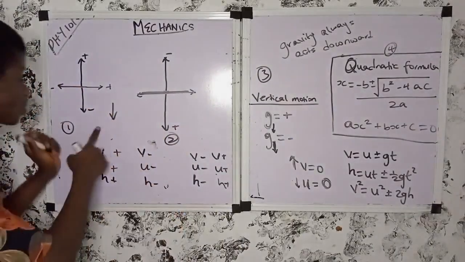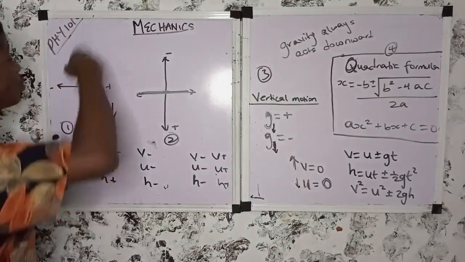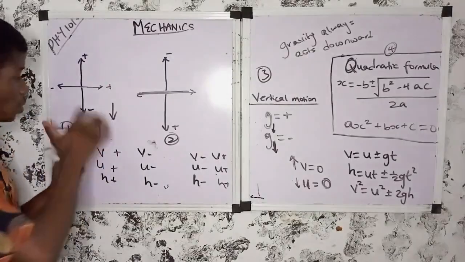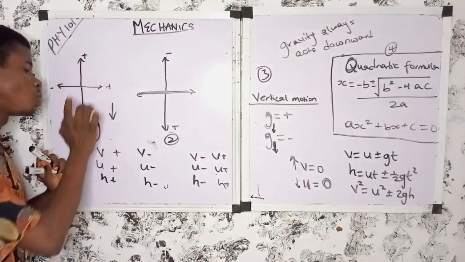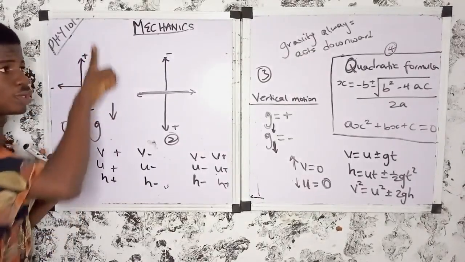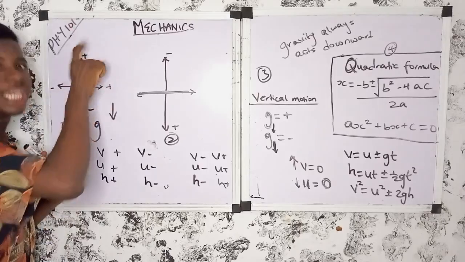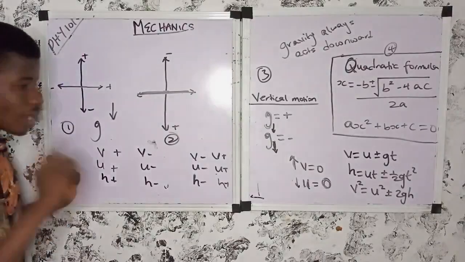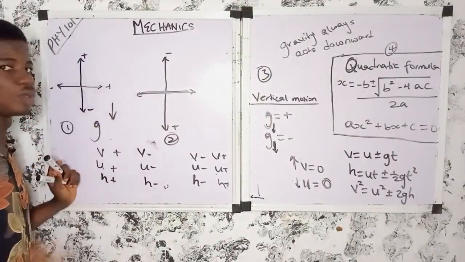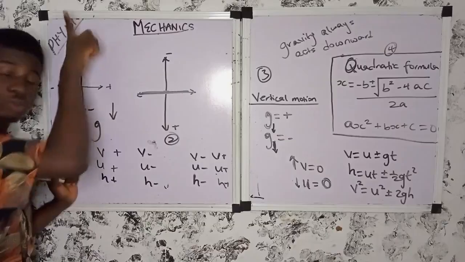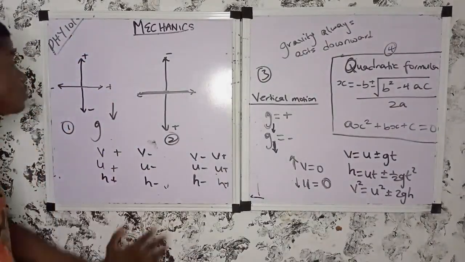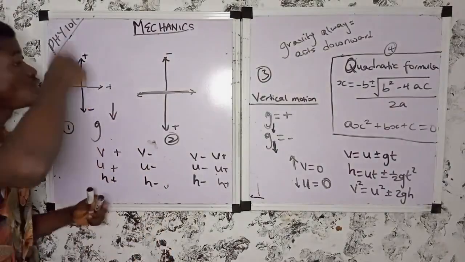So if a body is thrown upward, using this first coordinate, will G be positive or negative when the body is going upward? G will be negative, because G always acts downward. So when a body is thrown upward using this first coordinate, which is the normal one we usually use in vectors,